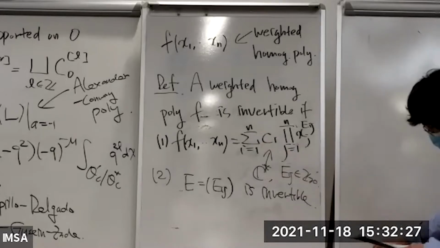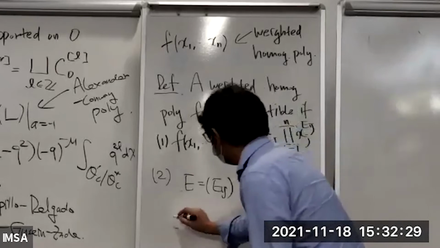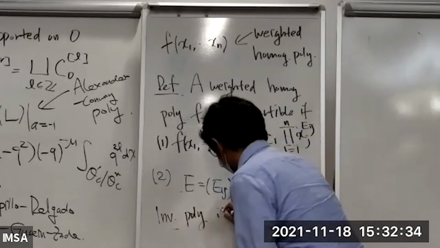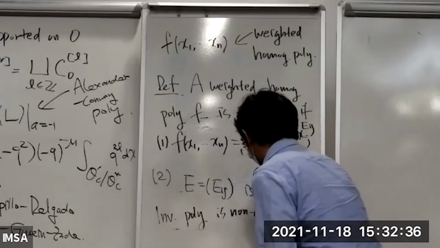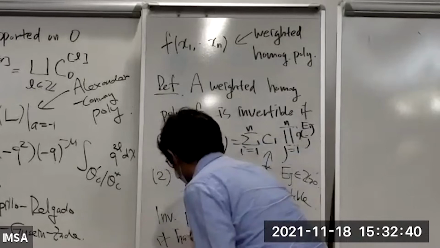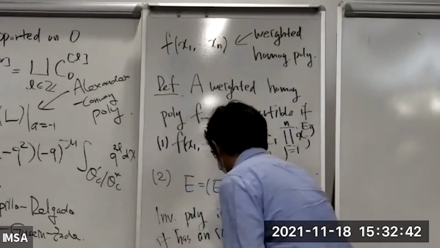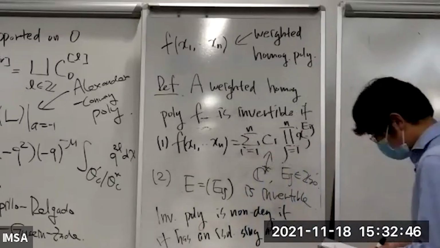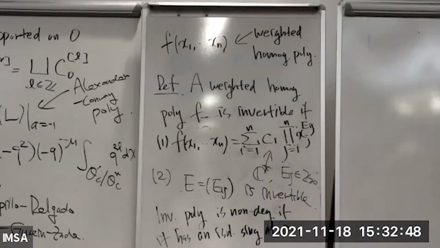And this invertible polynomial is non-degenerate if it has an isolated singularity. If this is the case,